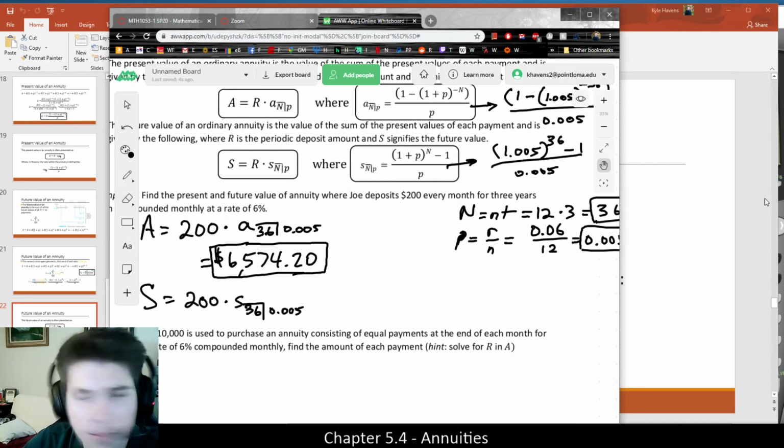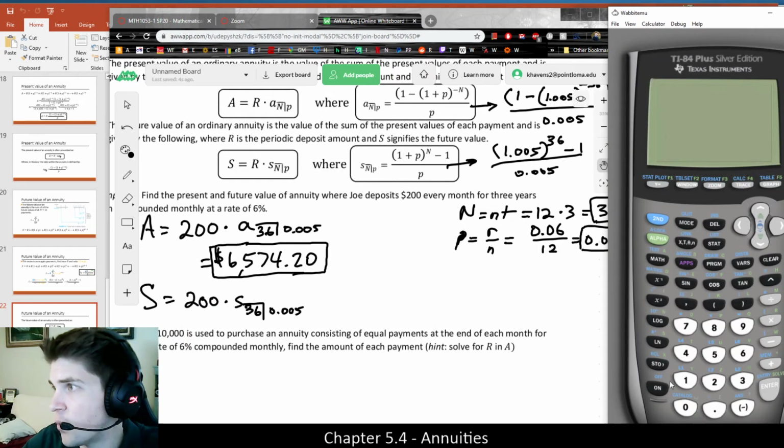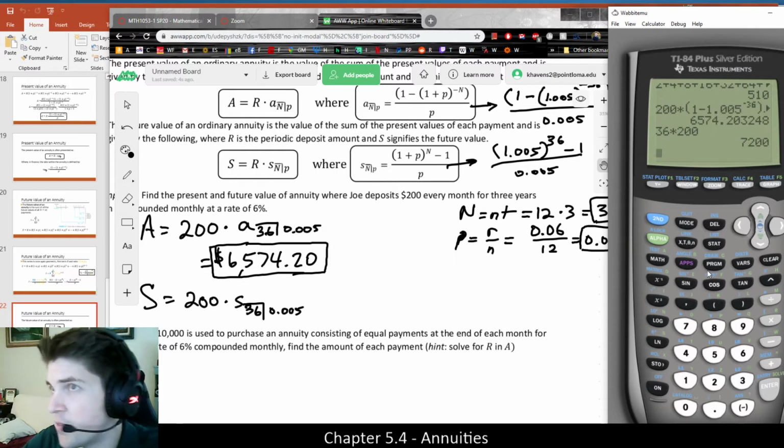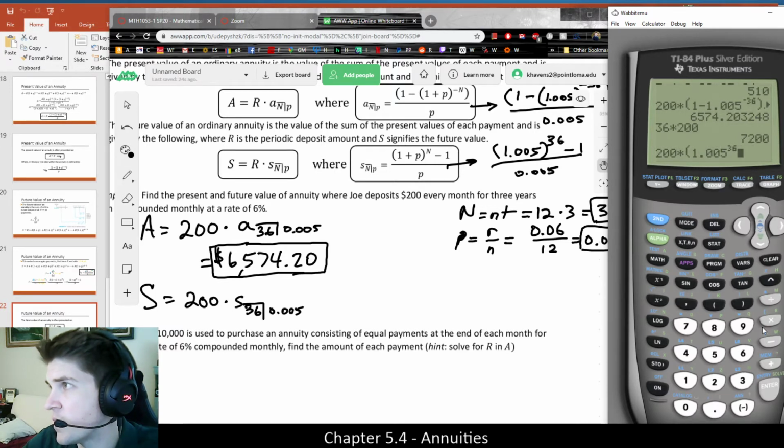And if we were to type all that into a calculator, much like before, to get the sum of the future value of the annuity, we would have 200 multiplied by that big fraction, which is 1.005 to 36 minus 1,